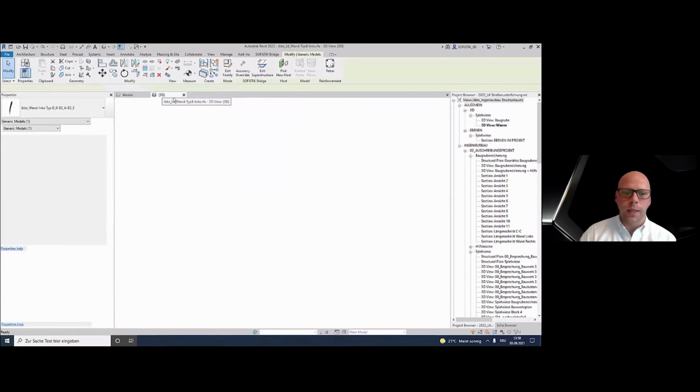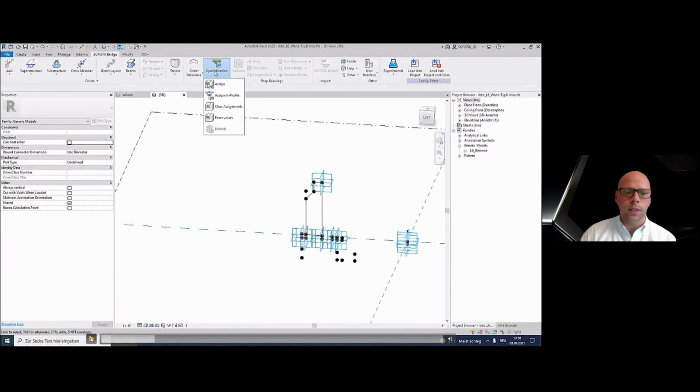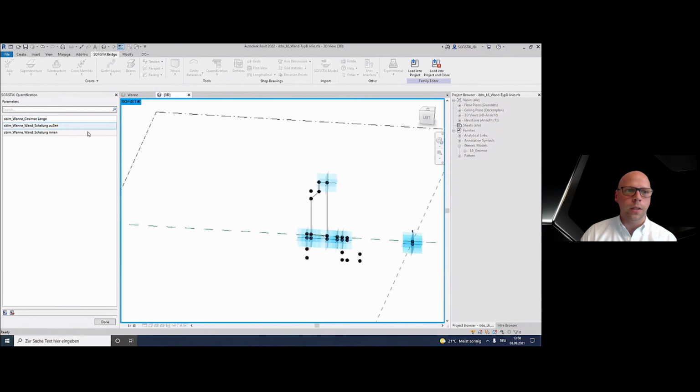And at the beginning, we select the cantilever wall, and we can see that actually the parameters were still 0. The parameters that were later on connected to the given geometries. And right now we are opening the same profile that was used for the generation of this cantilever wall. And we are using the quantification tool and the assign in profile command. And in here we can connect the shared parameters that we have imported in this family and in the project with the given point or given line. So of course the length parameter goes to the point, and the area parameter goes to the line.